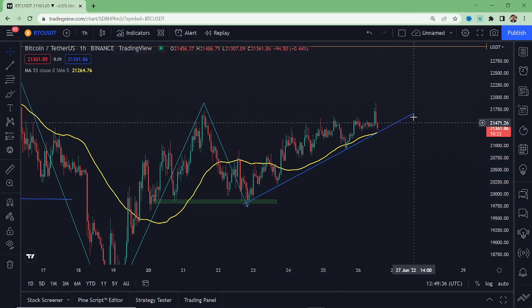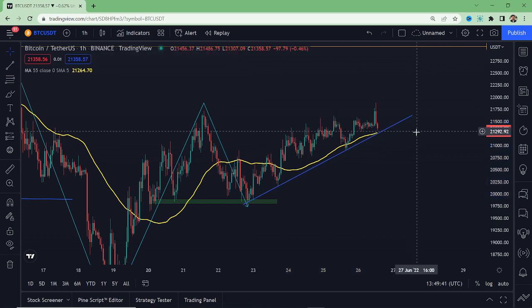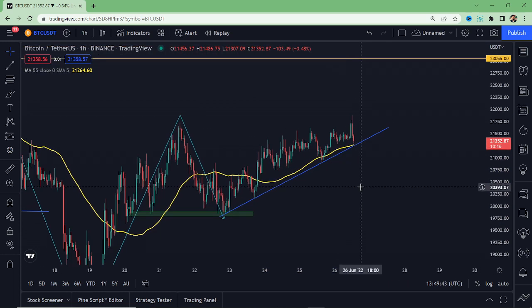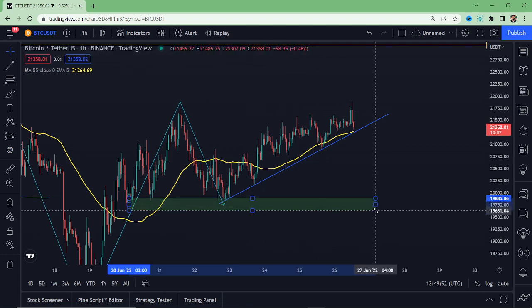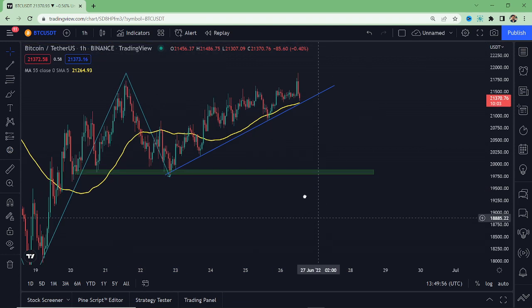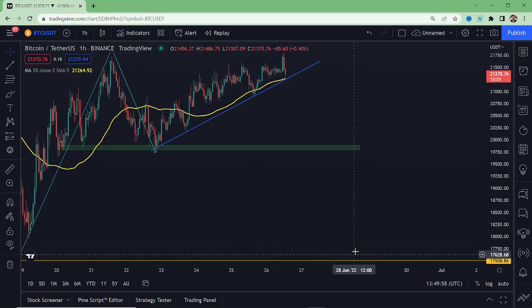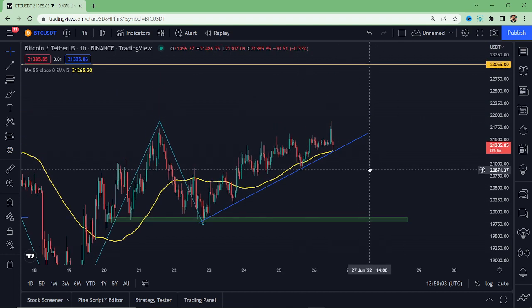Okay, now perfect. So we have this trend line on the short time frame, on the 1 hour time frame. So what happens if you break below this trend line? You get to this order block, this one, and if you fall below this one, you get to 17. So I would call this your point of control for Bitcoin. So that's it. Let's go to Solana.